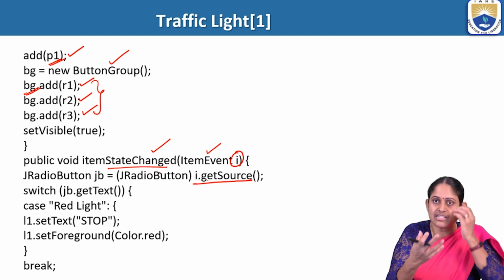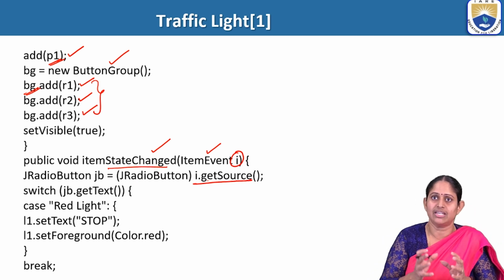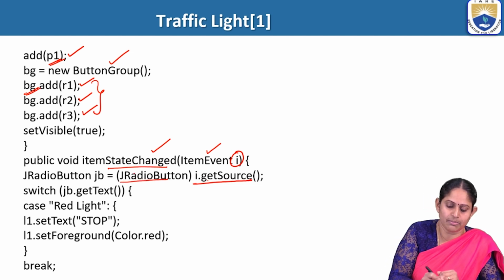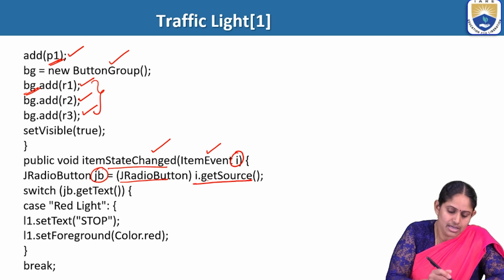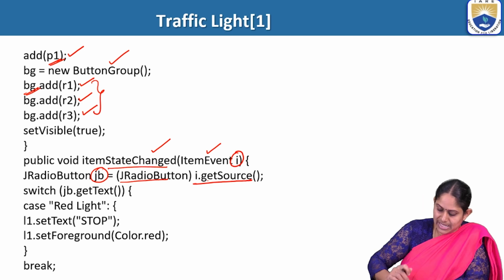After identifying that particular source, it is converted into the radio button and stored onto the JB object. So now, depending on JB's value,